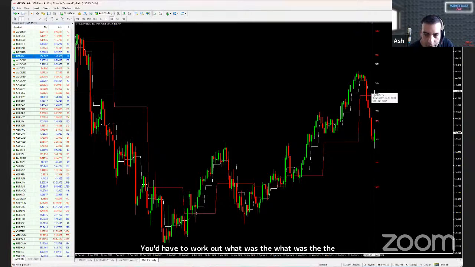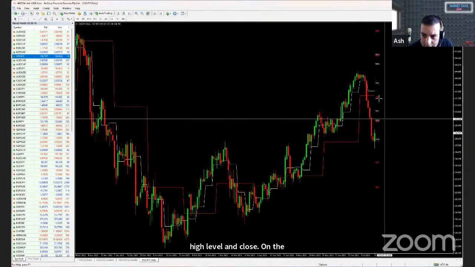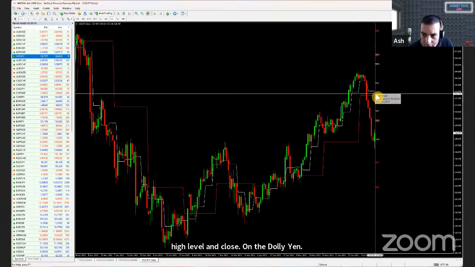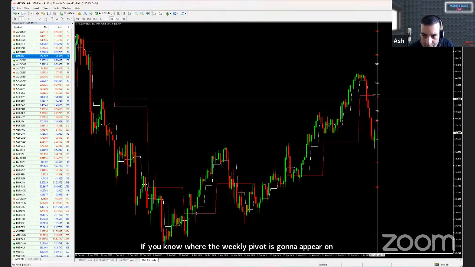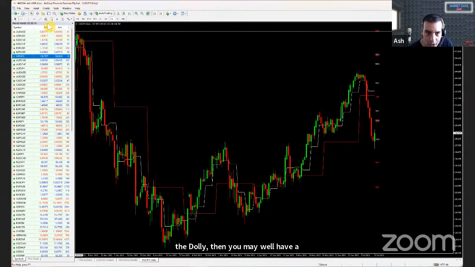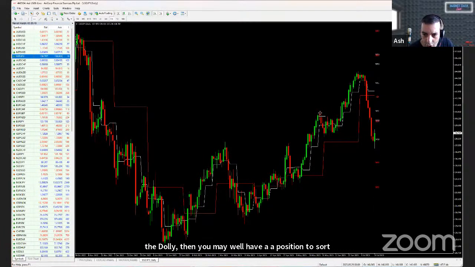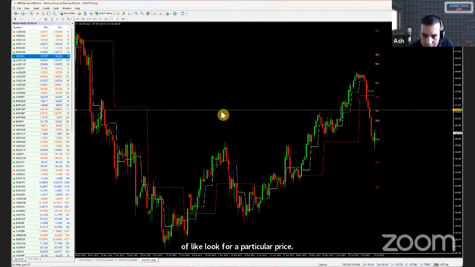Any of you guys know where the weekly pivot is going to appear this week on the dollar yen? If you know where the weekly pivot is going to appear on the dollar yen, then you may well have a position to sort of look for a particular price. The most obvious price on the horizontal level would be around about this point here, which is going to be about 141,